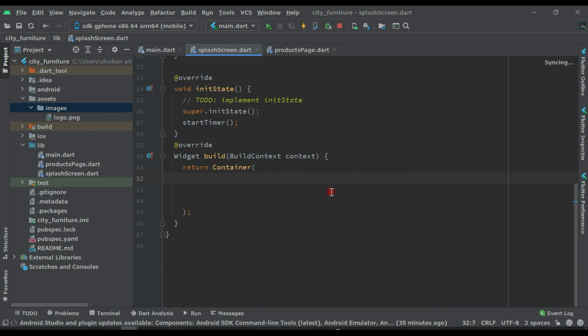Inside assets we have the images folder, and inside images we have the logo.png file, and width will be 200 and height will also be 200.